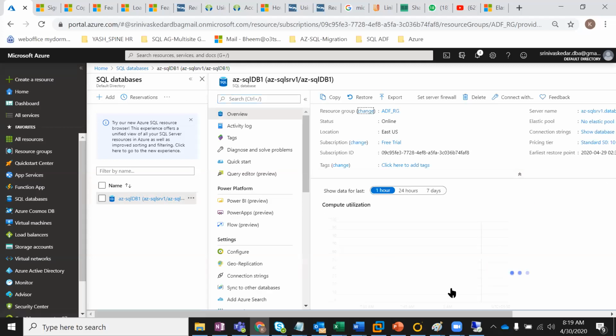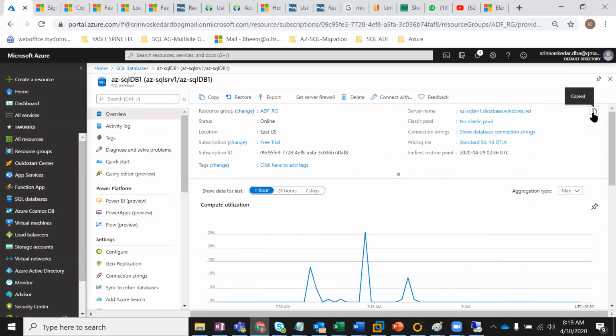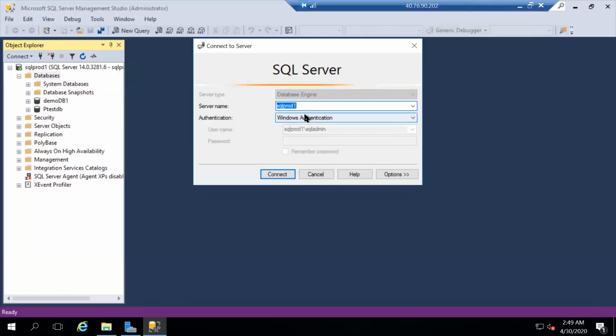Okay. The connectivity approach you guys are pretty much aware of, since we are doing multiple things. Again, see here in the drop down list, I have SQL authentication, Windows authentication, multi-factor authentication, Active Directory password, and Active Directory integrated. So these are all the options. If you are going to use the on-premises Active Directory ID, integrated with the domain controller ID and multi-factor authentication ID, that is up to you. This all depends on the AD team only. So for the sake of the demo, I'm taking only SQL authentication.